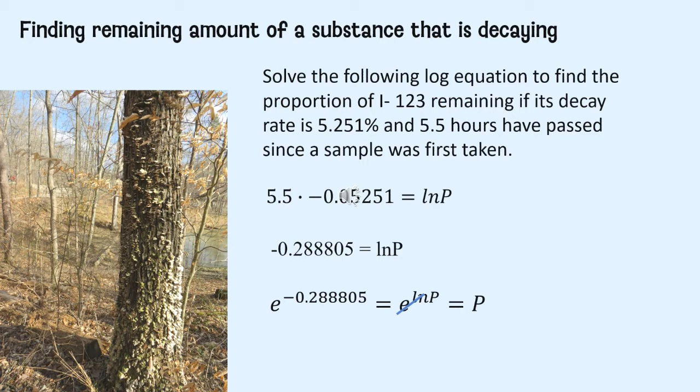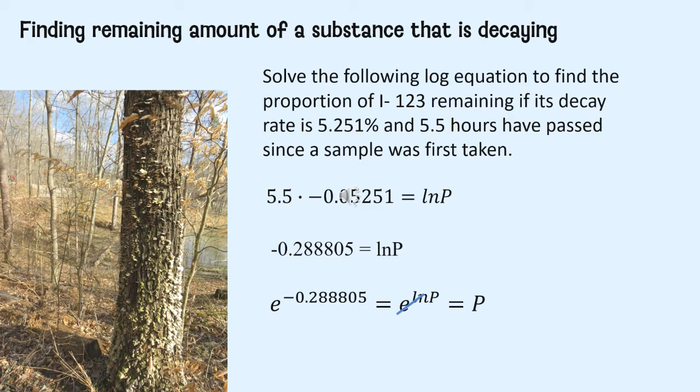ln means log base e. So an exponential function base e is going to be the exponential function that will be the inverse. So both sides of the equation will get used as an exponent on a base of e, because what you are basically doing is plugging it into an exponential function that is its inverse. So the e and the natural log cancel each other out like inverse functions do, and you solve for your